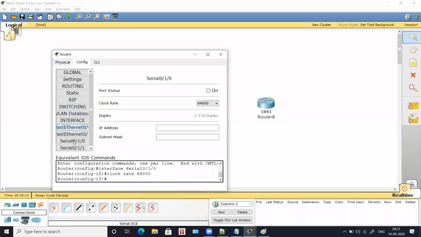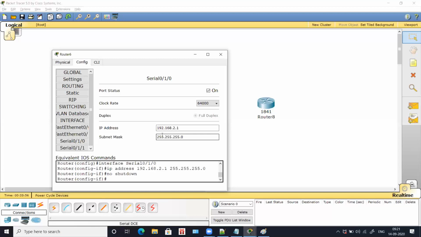So now here we are inside serial 0/1/0 because this is our interface. See here, I have this option called IP address. So I can directly assign IP here itself. If I wanted to assign IP, I'll assign 192.168.2.1. See here, when I type the command, automatically all the commands that you type in your command prompt also appear. And then I keep my mouse pointer, and I get IP address 192.168.2.1 and this command. And then the last point was no shutdown. To make your port live, you have to turn this on. Now you have assigned an IP for an interface. It is as simple as that.